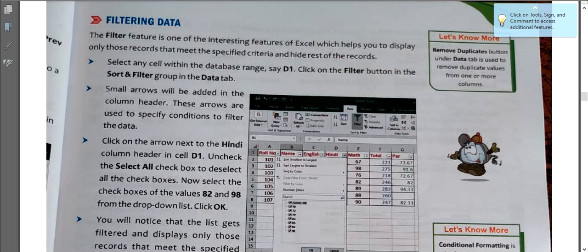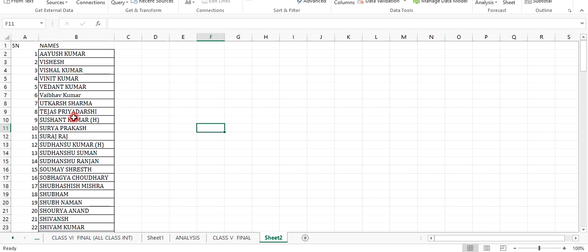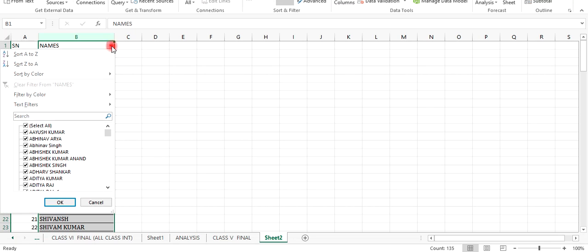Now we are going to do the next thing, and here we click on the filter. When we click on the filter, see, a filter button has been added here. Just click over here.